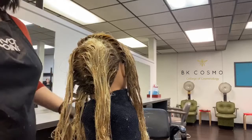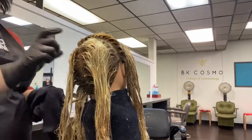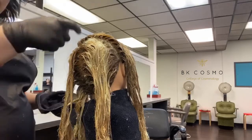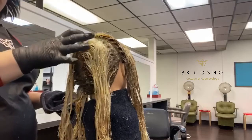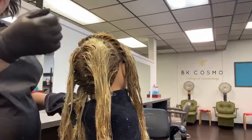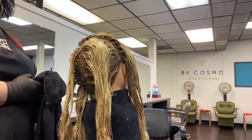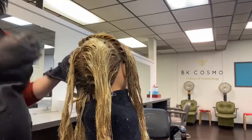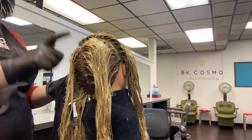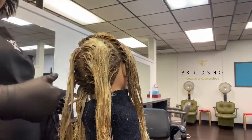So again, after about 30 minutes after you apply from the 1/2 inch away to the end, you'll let that process for 30 minutes and then come back in, outline your roots, and then you're going to actually apply it to the root, okay? And then, so when you're doing a color retouch, you're gonna be indenting a lot. This is really good practice for your indent, especially for state board, because they have to be able to see that, okay? So you'll go back through, indent top to bottom, and then